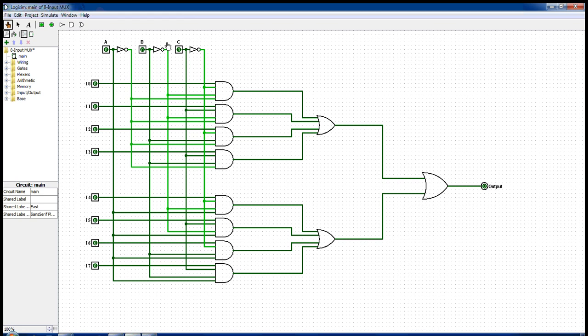directed as the output. So when all of A, B and C are 0, if we change I0 to 1, we see that the output changes to 1, and if we change I0 to 0, the output changes to 0 as well. Similarly, if we change the values of I1, I2, I3, I4, I5, I6 and I7, the output remains